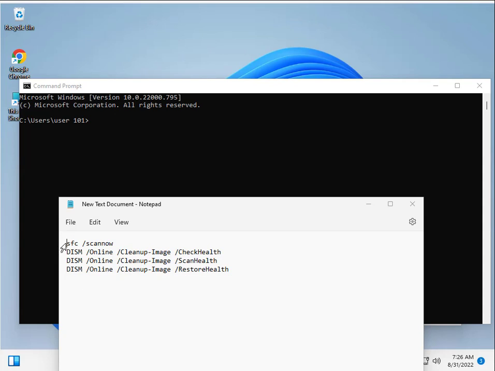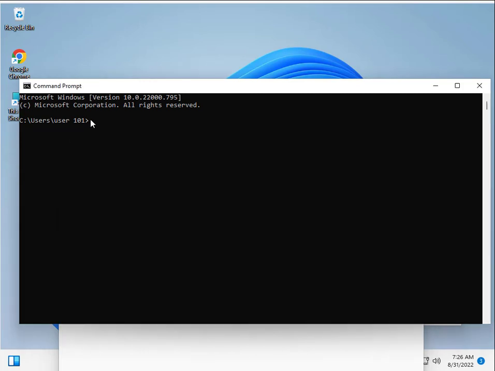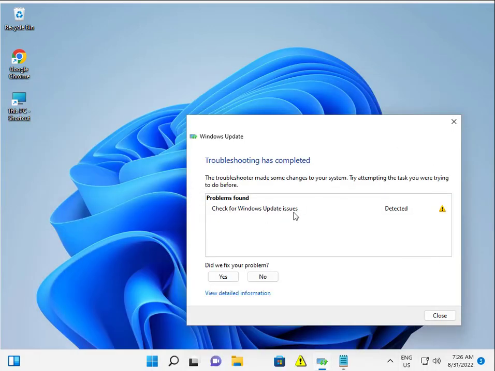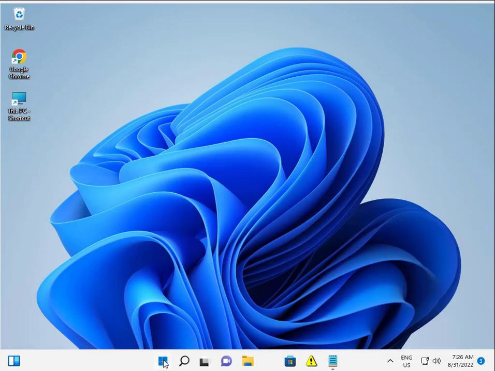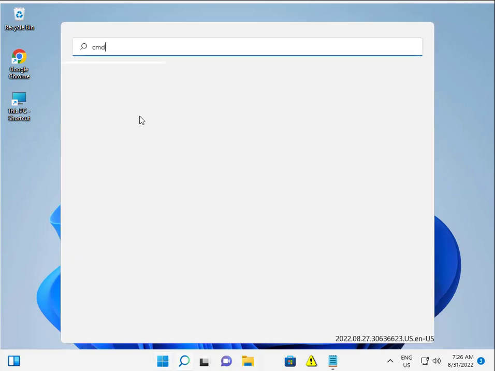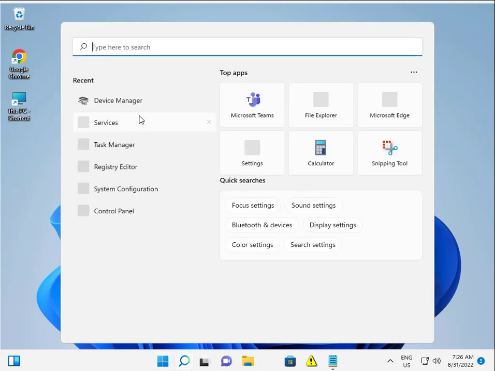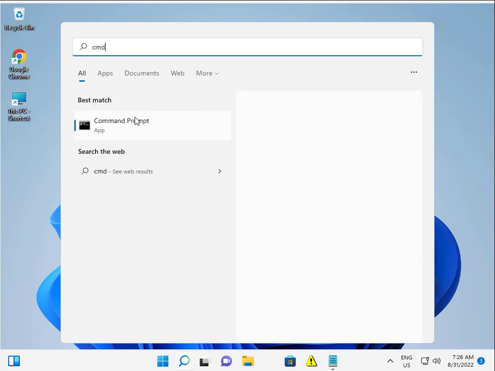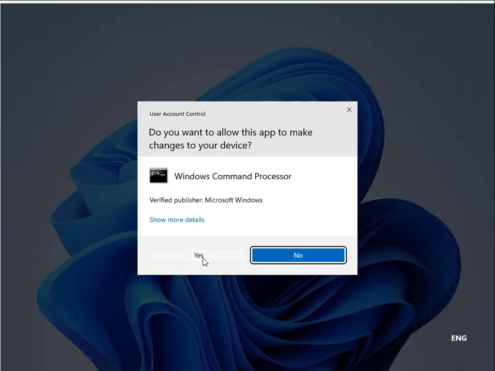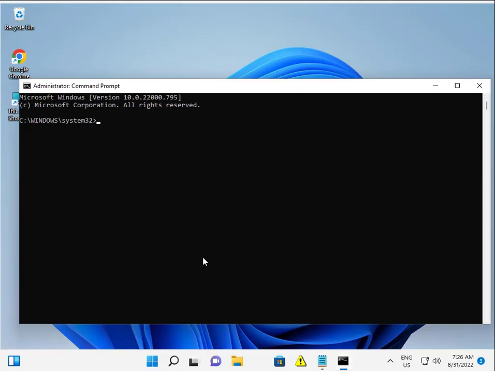So guys, these commands you enter step by step, one by one, and I give you a description, so you directly copy and paste and then enter. Okay, this is on to administrator. Click cmd, actually right click to run as administrator, right click to run as administrator, yes, and